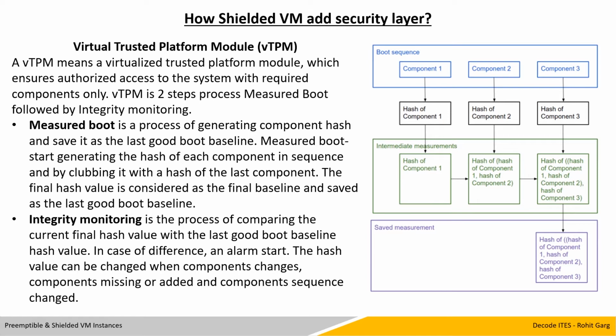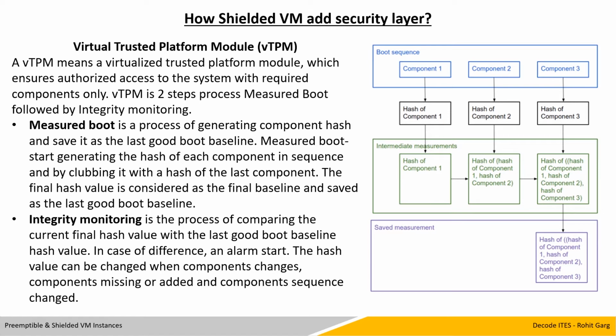The hash value can change when a component changes, is missing or added, or when the component sequence changes. Integrity monitoring is the process of comparing the hash values. The hash value that we have just generated above is saved as the last good baseline value. And next time when your machine starts, it will generate a fresh hash value and compare both